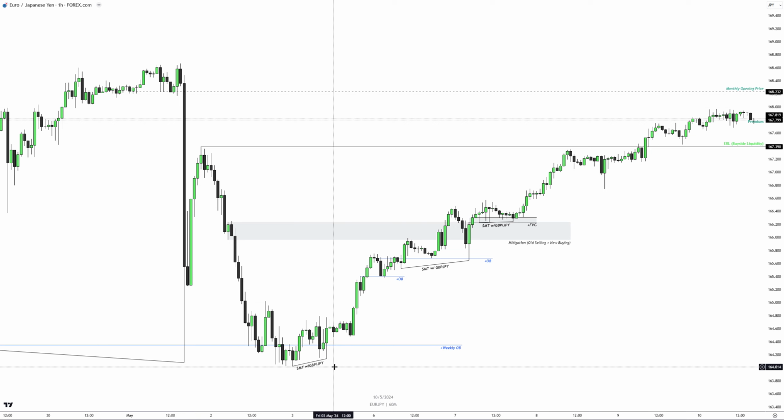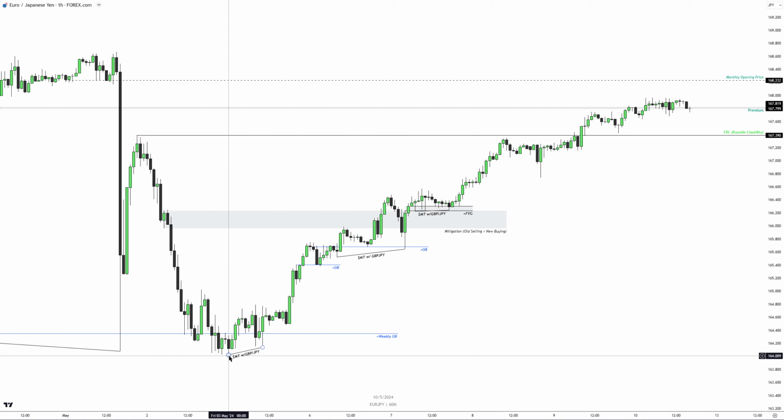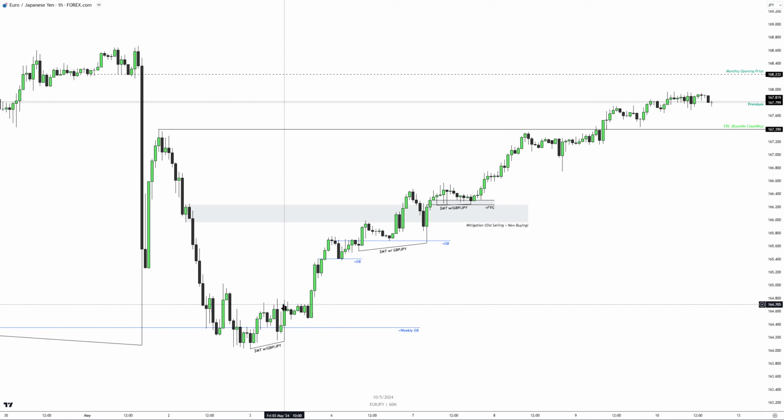And then interestingly here on Friday, we had SMT at the lows with the pound yen, euro being the stronger asset, making the higher high, and the pound yen making the lower low, at that weekly order block key level. Now, when Friday trades into a higher time frame level and we create SMT there whilst doing so, the following